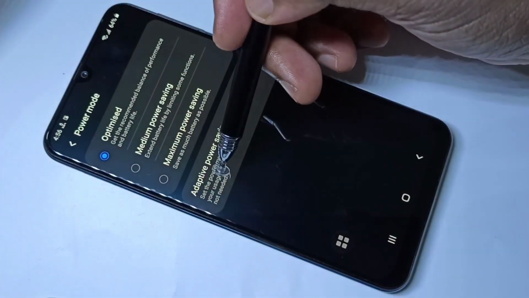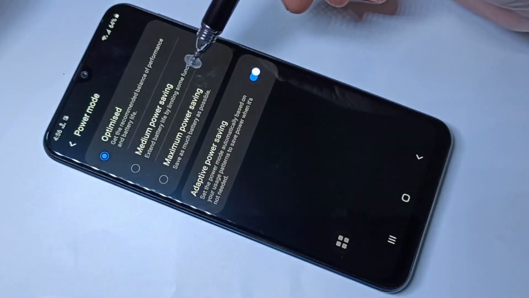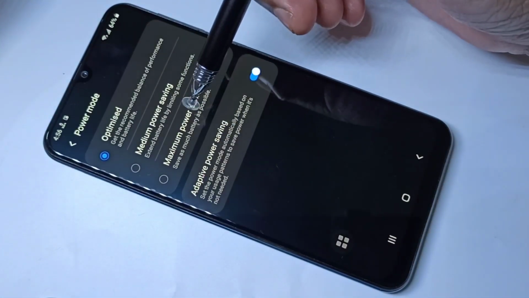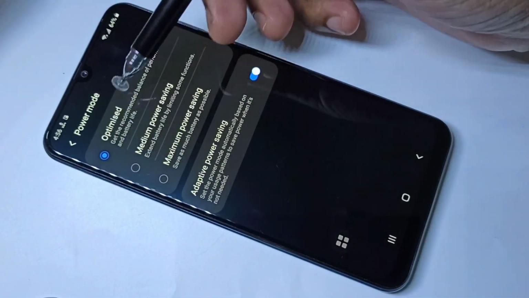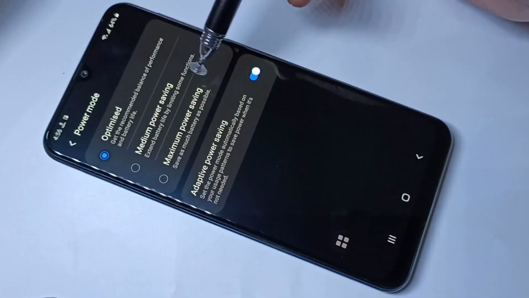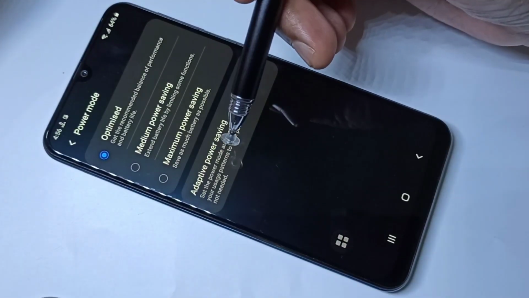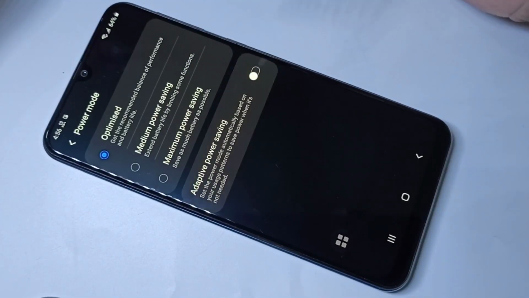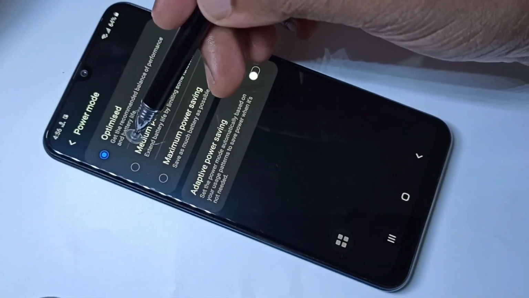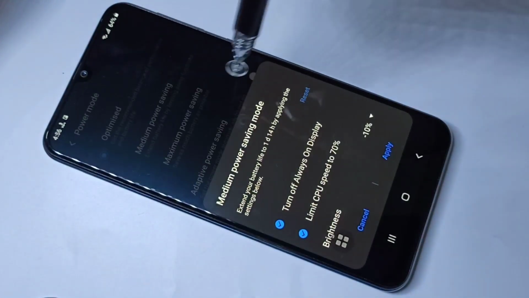If you select this adaptive power saving, based on your usage it automatically detects which mode we need to use. So we don't need to select the mode. Phone will automatically detect the suitable mode. If you want to manually select the mode, you can select it.